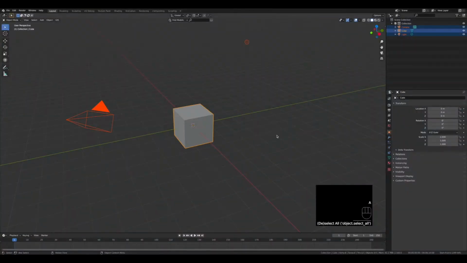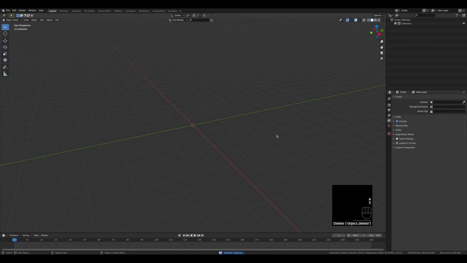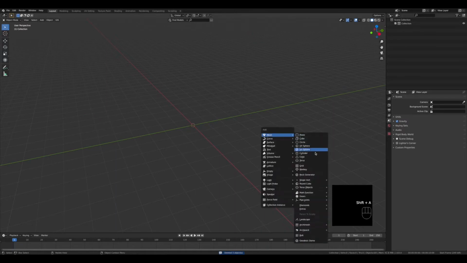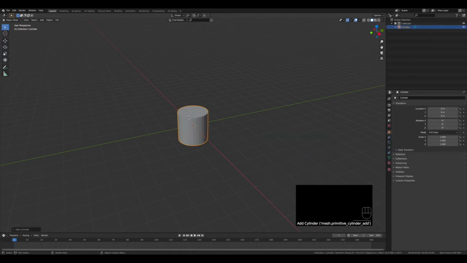Okay, hey folks, welcome to my first tutorial ever. So first, for making the water through the pipes, we select everything by pressing A, then deleting it by pressing X and delete. And then we are going to add a cylinder, and for the cylinder we increase the vertices